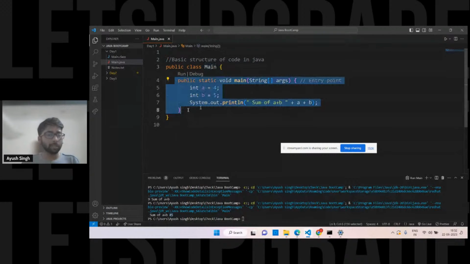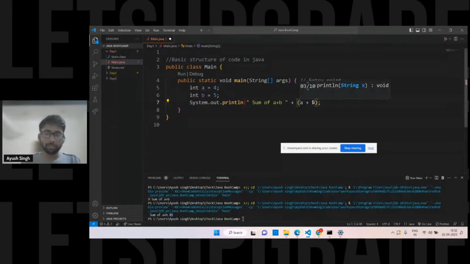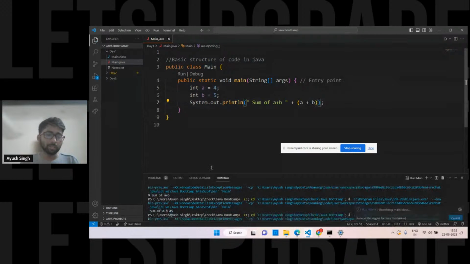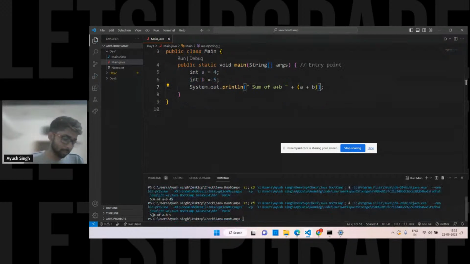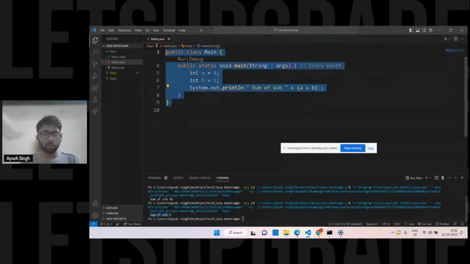Main method should be there. I'll explain this part again when we see the methods. Don't worry. Simple syntax, we have used variables. Initialization and declaration done in the same line; this is also possible. We are simply running the sum of numbers. You can put it in brackets if you want. Run the file, and you'll see sum of a plus b is 9. Simple. Okay, so one more thing before going. I hope you got the point. Anyone have any doubt in this? This is simple code which you have to write.